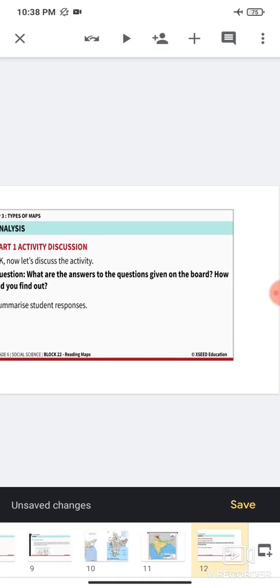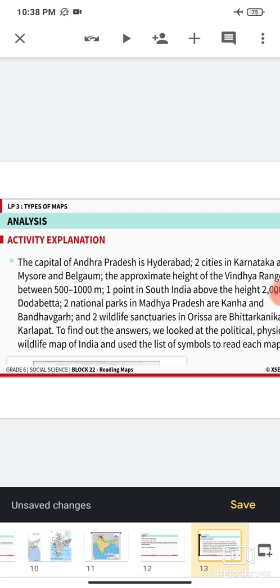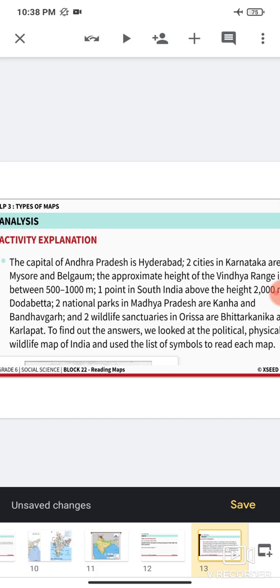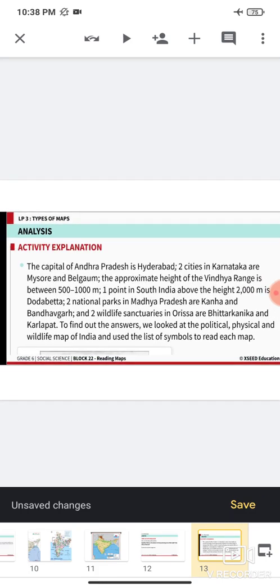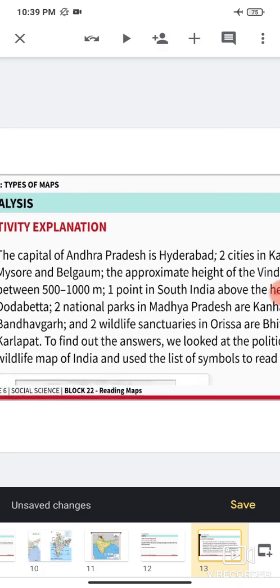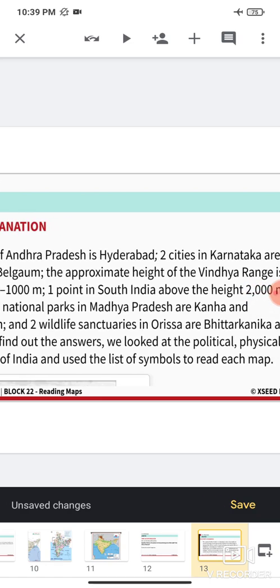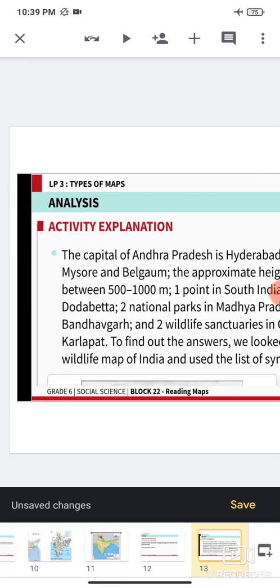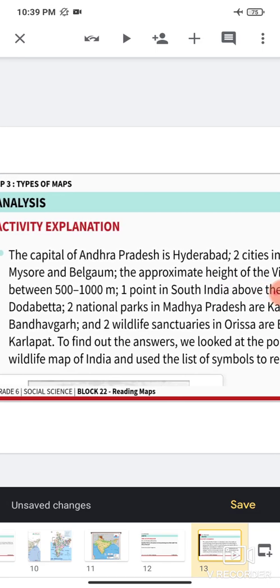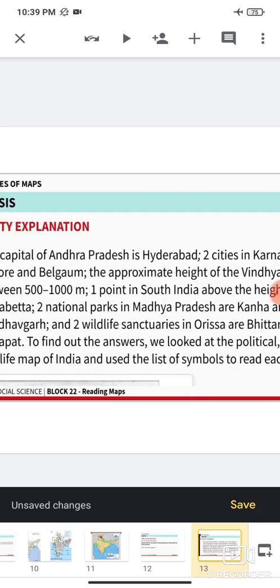All right, so let's check out the answers. You find that the capital of Andhra Pradesh is Hyderabad. The answer to question number 2: the two cities in Karnataka are Mysore and Belgaum. The approximate height of the Vindhya range is between 500 to 1000 meters. One point in South India that is above 2000 meters is Doda Betta. And the two national parks in Madhya Pradesh are Kanha and